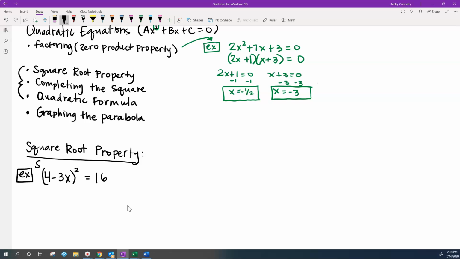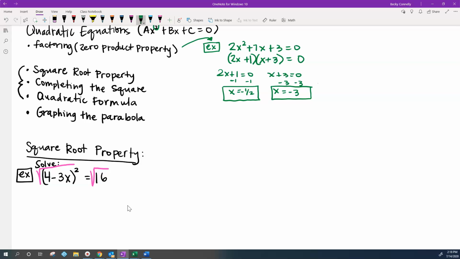And we're asked to solve it, right? The fastest way to go about this would be looking at this and saying, well, how could I get rid of that square? Well, to undo squaring something, I'd want to take the square root of both sides. Okay? But we've got to be really careful with this because,